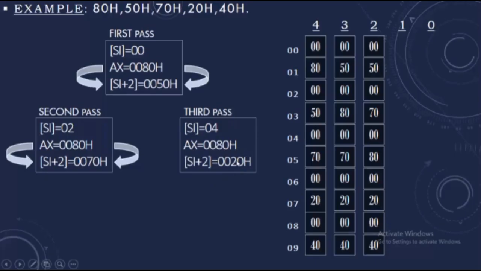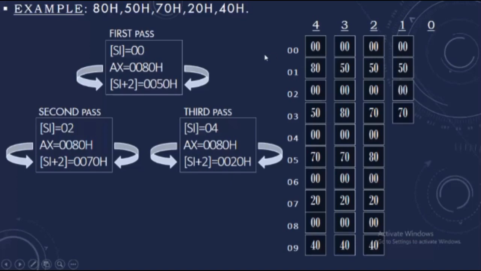Since dx is getting decremented, now the count is equal to 1. The elements are stored in this way: 50 is in its original position, 70 is in its original position, 20 and 80 are swapped, and 40 is also in its original position.